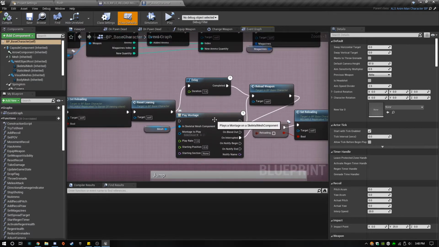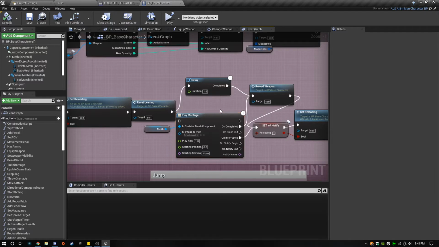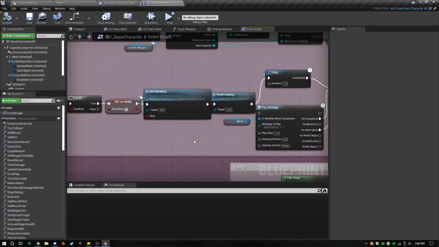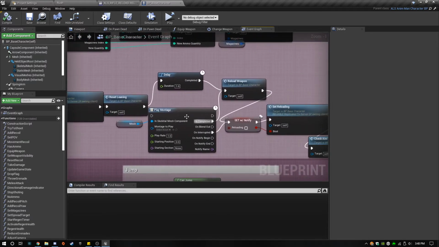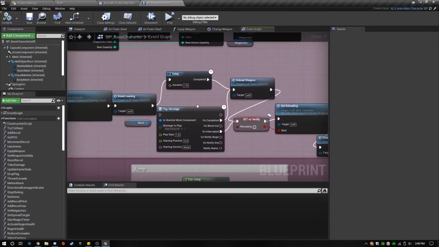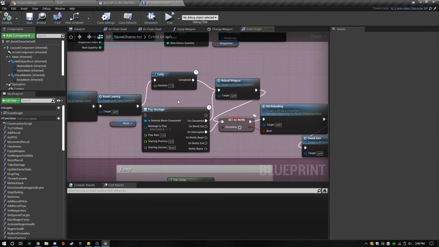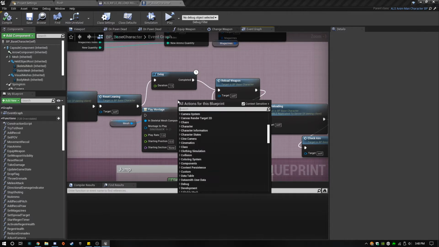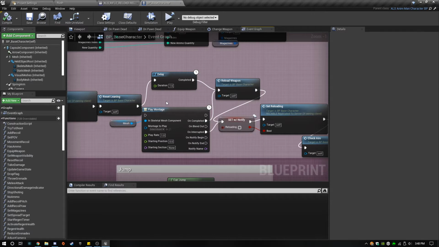So okay, we have our montage here. What I suspect is going to happen here, I don't think this is actually network called right now, the actual reload animation. Let me just check. Yes, it doesn't look like this is network called, so the reload is only going to happen locally for us. I think we even have a network montage. I'll have to look into that. We're probably going to have to replicate the montage.